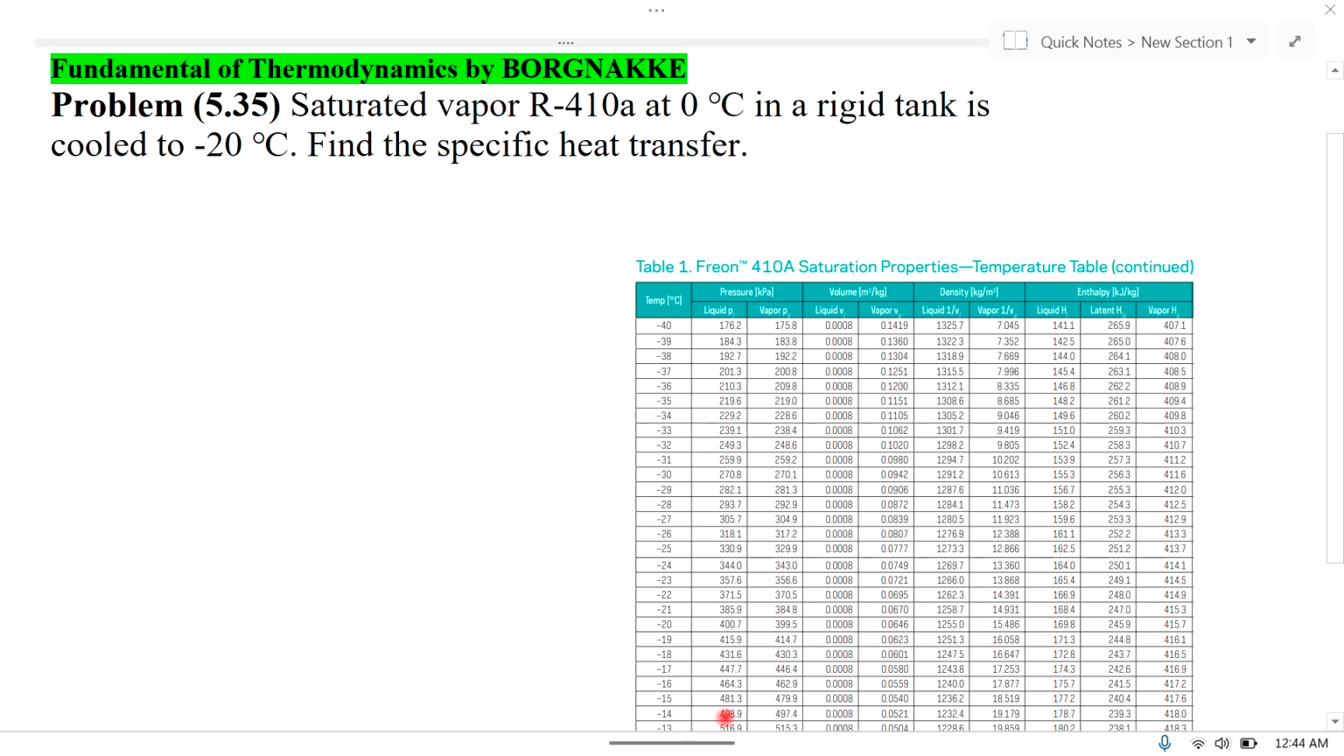Bismillahirrahmanirrahim. In this lecture, I am solving problem 3.5, problem 5.35 from the book Fundamentals of Thermodynamics by Borgnakke. So, the statement of the problem is saturated vapor